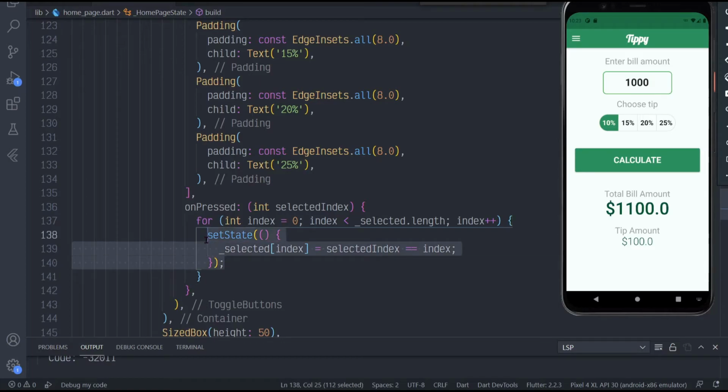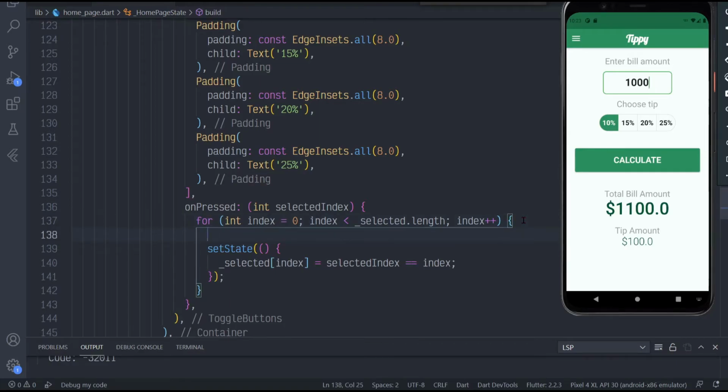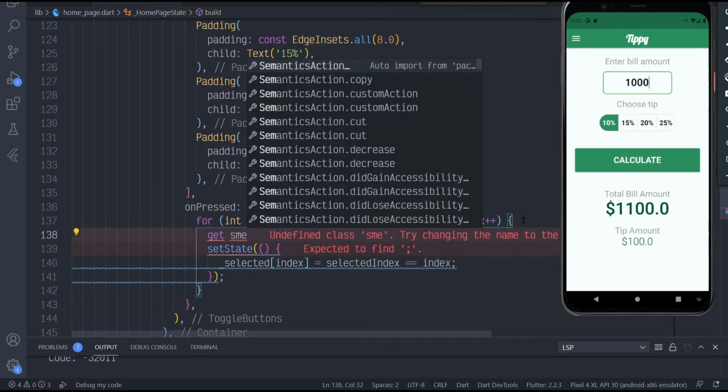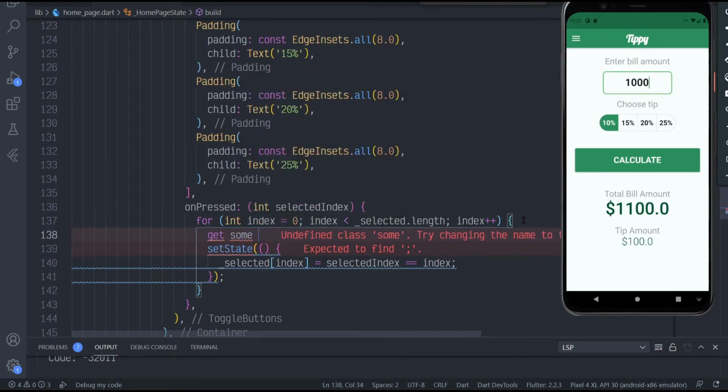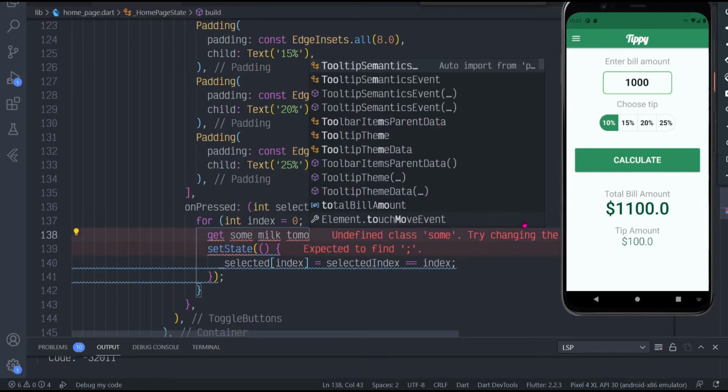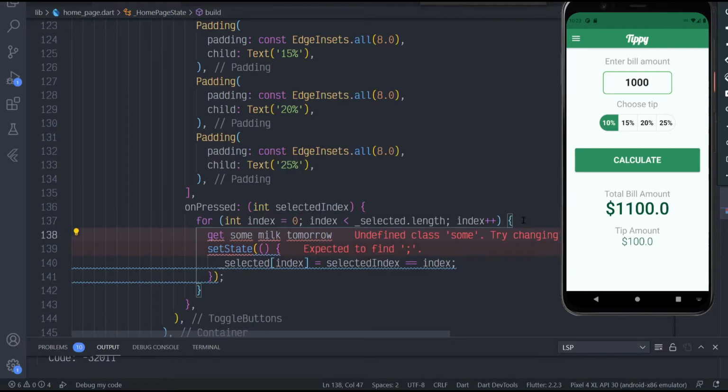I'm going to select the set state and I'm going to comment this out. I haven't talked about comments, and that is something I should have done at the onset, so forgive me. So let me quickly do that. Anytime you want to write some text, leave a reminder for yourself, you don't want it to be read as code. So for example, inside here, if I say get some milk tomorrow, if I can spell tomorrow like so,